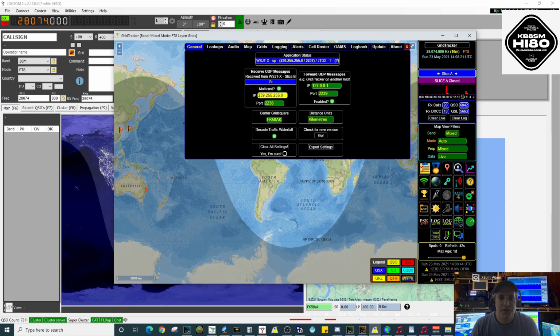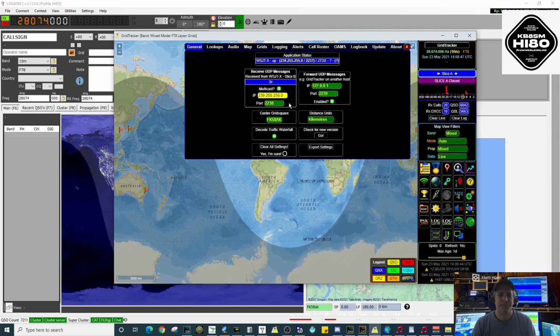We copy here the same IP address that we use in the main address of WSJTX. In this case, we used 239.255.255.0, and we put the port number that Gridtracker is going to listen in, which we used 2238,